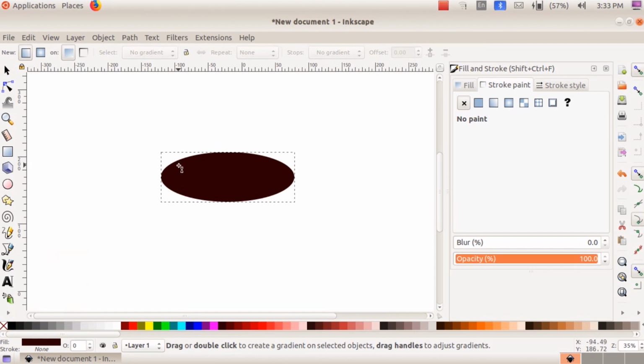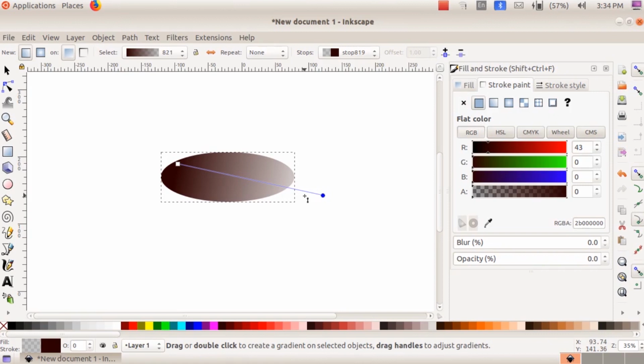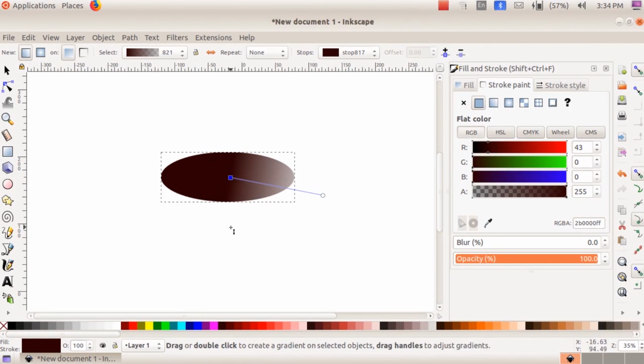Then just click and drag. Two options are there in the gradient tool: linear gradient and radial gradient. What is the difference between linear gradient and radial gradient?